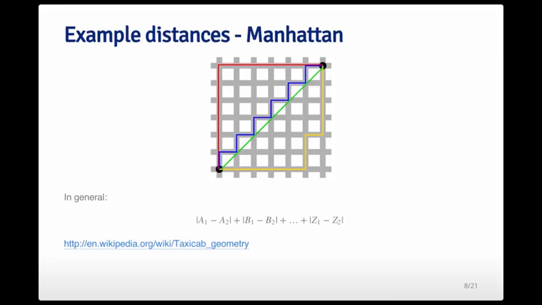The green line here would represent the Euclidean distance, which would be like if you were a bird and you want to fly over everything across the 2 points. But as a person walking on the ground, you have to take either the red line, the blue line, or the yellow line, or any other pattern in between. The point is that you'd have to travel along the city blocks. And the distance that you would travel along the city blocks, you can imagine the gray lines as the streets, that's the Manhattan distance, and it can be written formulaically as the absolute sum of